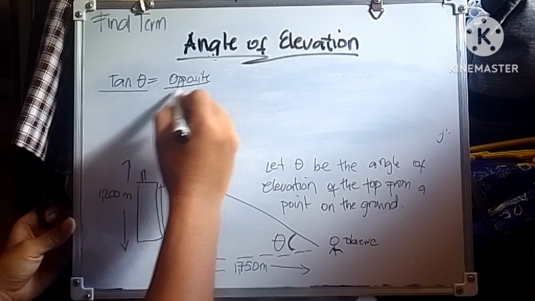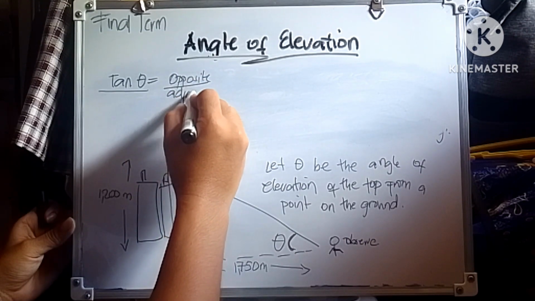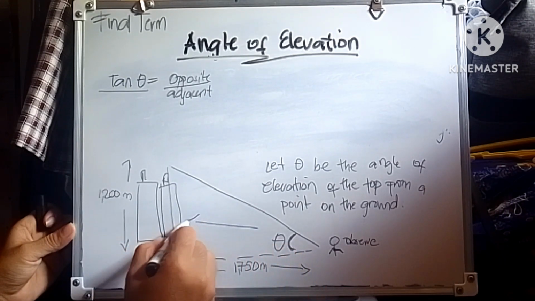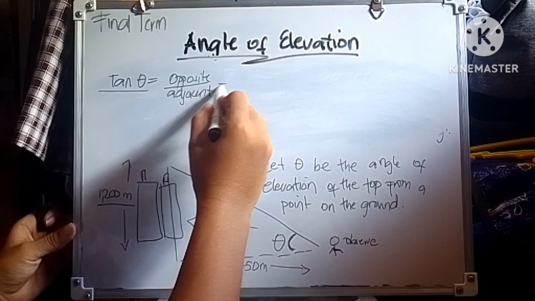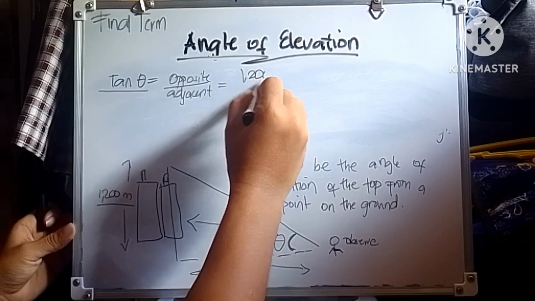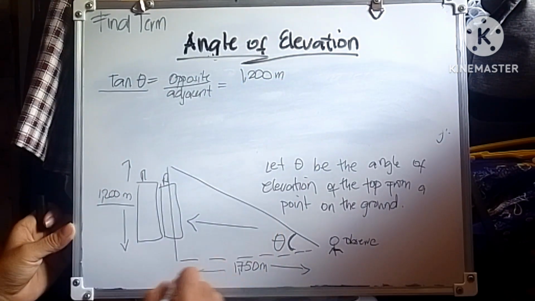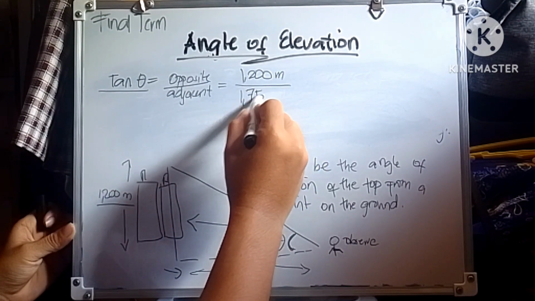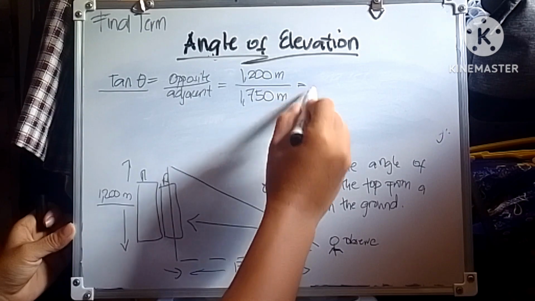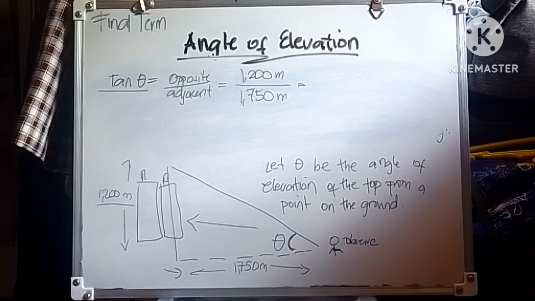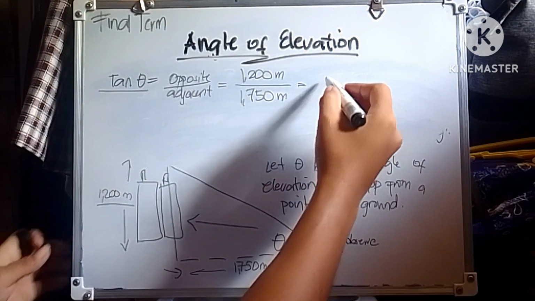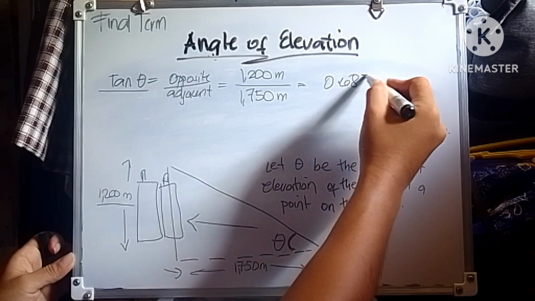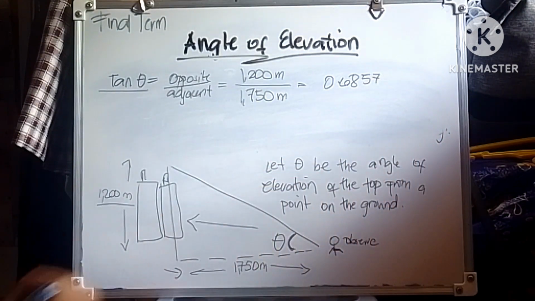Based on our discussion, the ratio of the tangent is opposite over adjacent. From the observer, the opposite is 1,200 meters and the adjacent is 1,750 meters. So this is the form of the equation: 1,200 meters over 1,750 meters is equal to